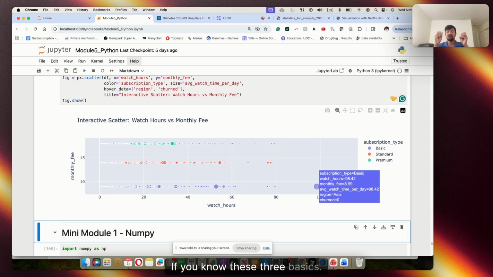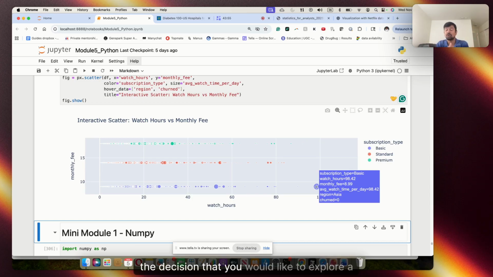If you know these three basics: first, whenever you get a data set, how long it is doesn't matter. You are getting like 100,000 instances or rows, thousands of columns. First, check the df info, check the describe function, how many categorical, how many numerical features you have, how many missing values you have. Make the decision whether you want to clean the data, you want to fill the missing values. Then take